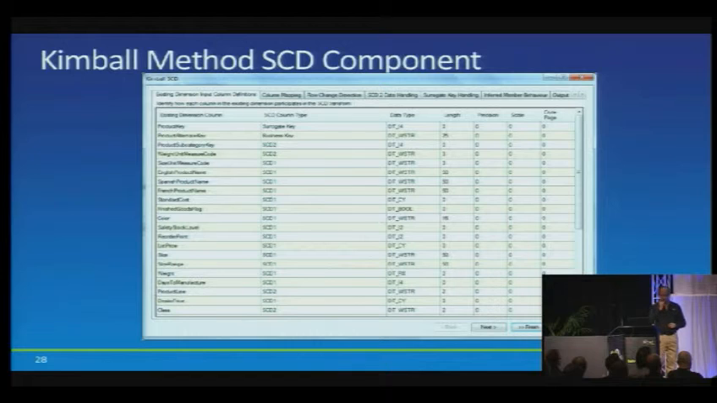I want to go to more details on the actual queries run behind that. But before I do that, this is from Ralph Kimball. Ralph Kimball has a component which you can download. You can plug this into SSIS as well. This is kind of a replacement of the